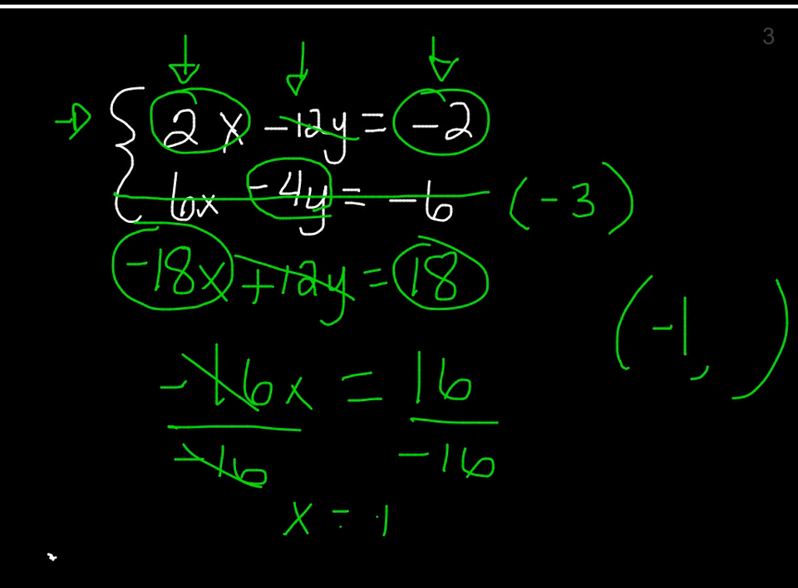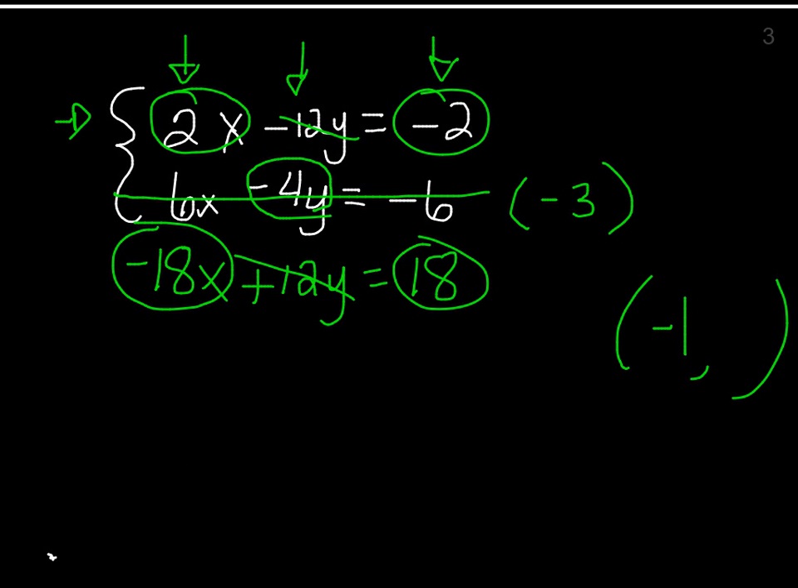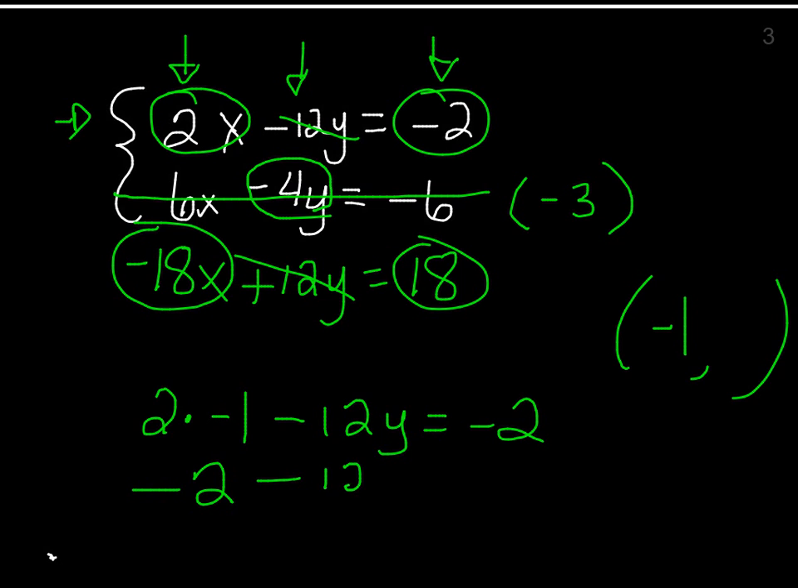And then I will plug that in. Let me erase all this. So x equals negative 1. I'll go back to my beginning equation and plug negative 1 in for the x. So that means 2 times negative 1 minus 12y equals negative 2. That makes negative 2 minus 12y equals negative 2. Add 2 to both sides, and